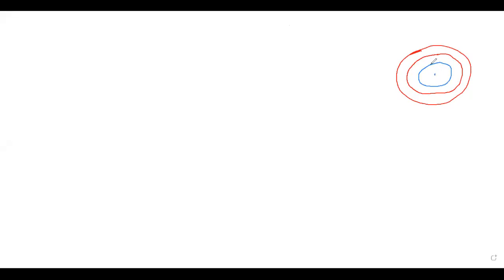So what is the internal radius? The internal diameter was given as 90 mm, so what will be the internal radius? 45, right? Then the external diameter of the steel tube is 300, then what will be the radius? 150. So what is the diameter at the junction? This is the junction part.